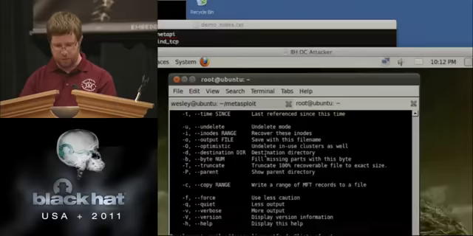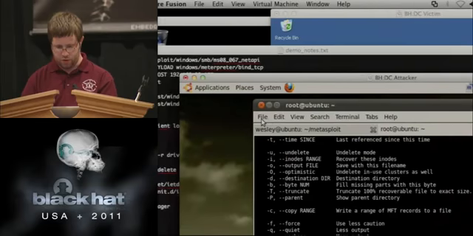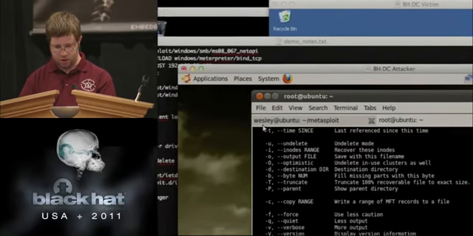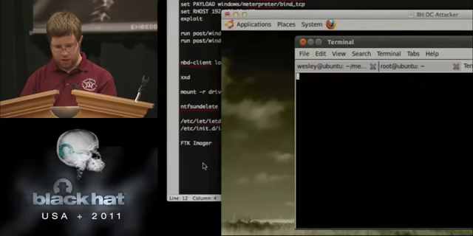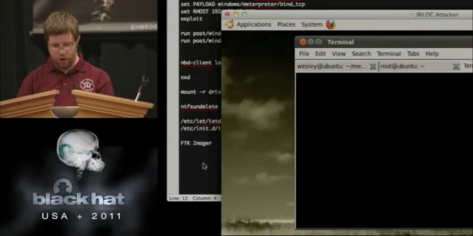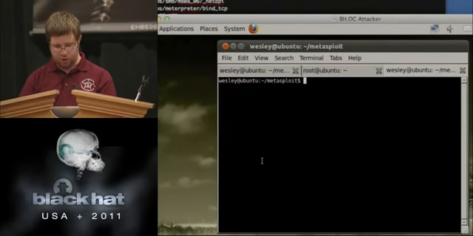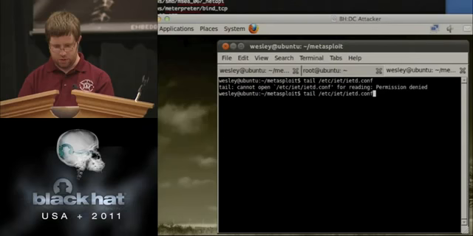While that's rolling, I'm going to start a new tab here and show you how we set it up for iSCSI access. So for that, we have iatd.conf. Sudo make me a sandwich.